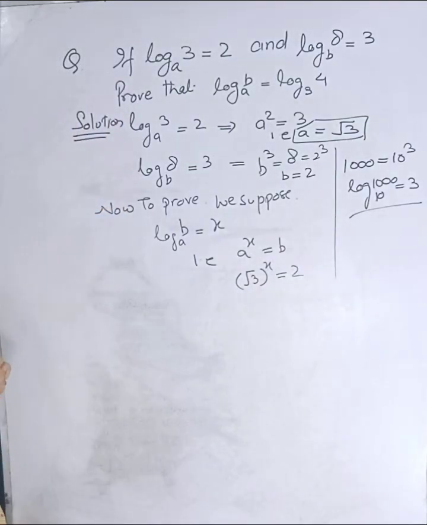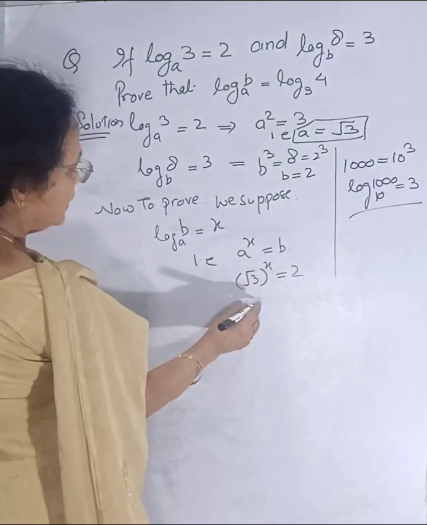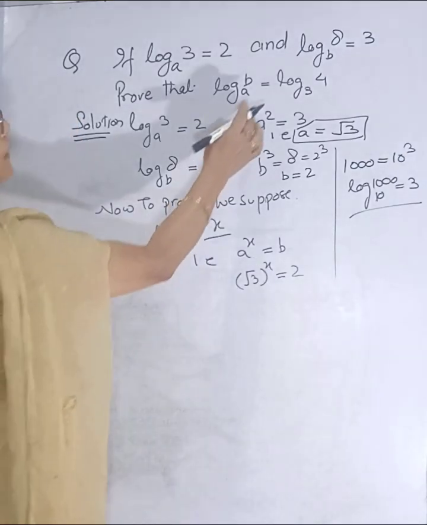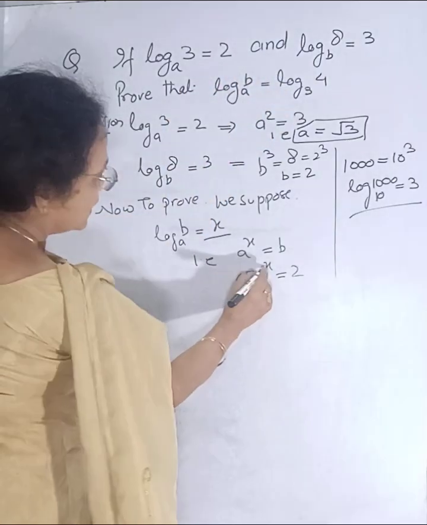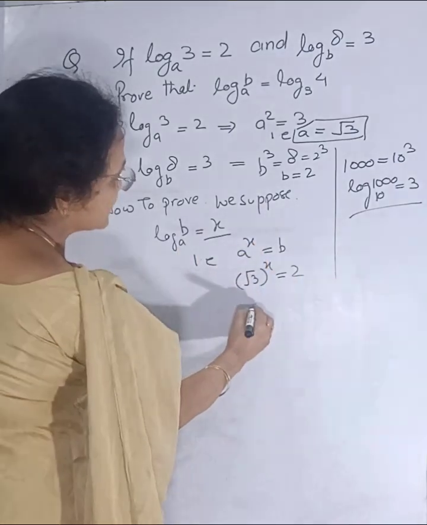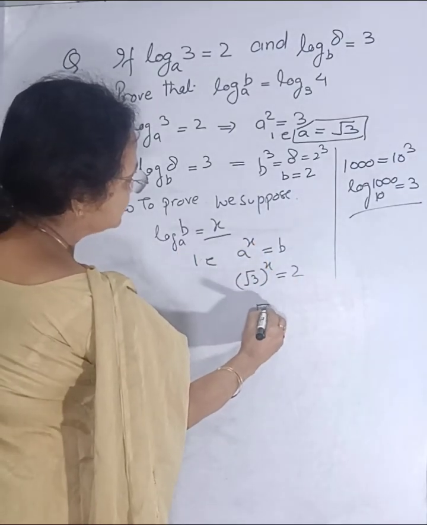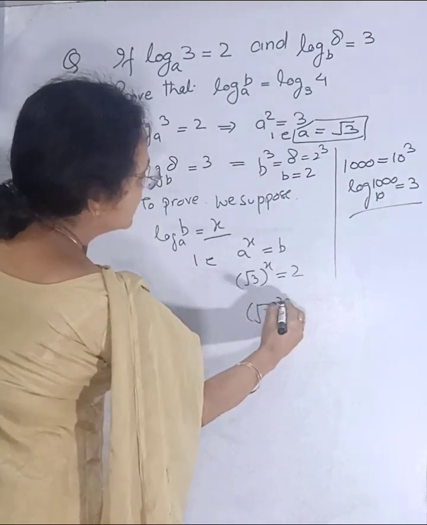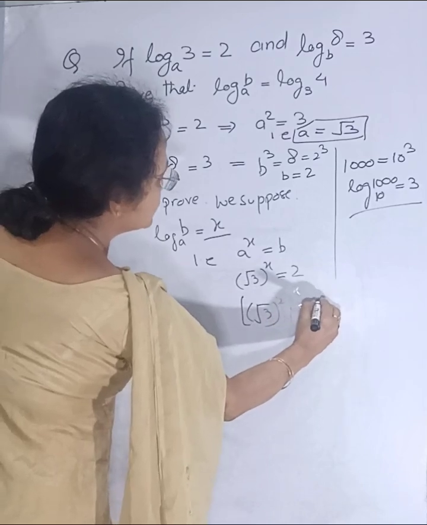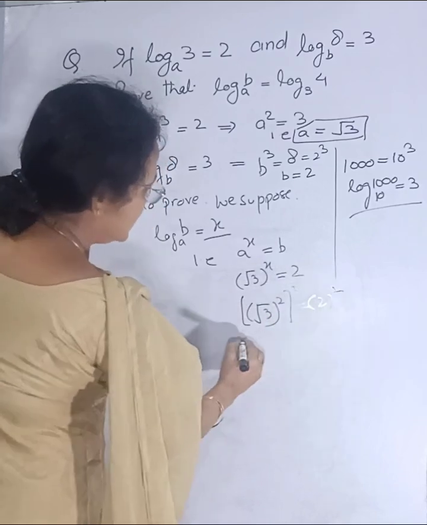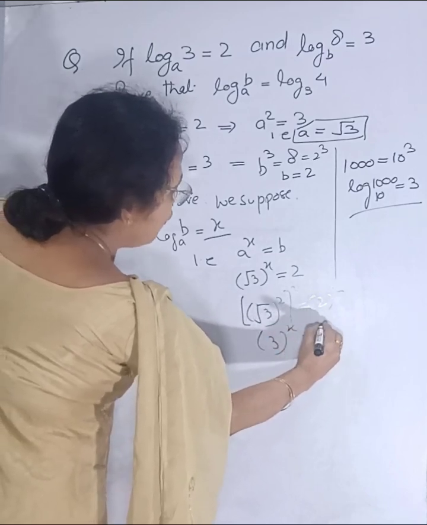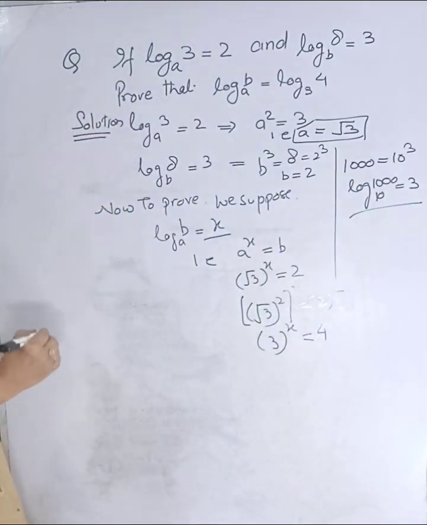ठीक है ना. अब जब 2 हो गया, we have to find the value of x, because we are supposing this value is equal to x, तो x should be equal to this आना चाहिए. अब ये रूट है, इस रूट को हटाने के लिए हम स्क्वायर करेंगे दोनों तरफ, या इसको हम कह सकते हैं √3 स्क्वायर टू द पावर x इज इक्वल टू 2 स्क्वायर. ठीक है, it means 3 to the power x is equal to 4. ओके, अब लॉग लीजिए जी.